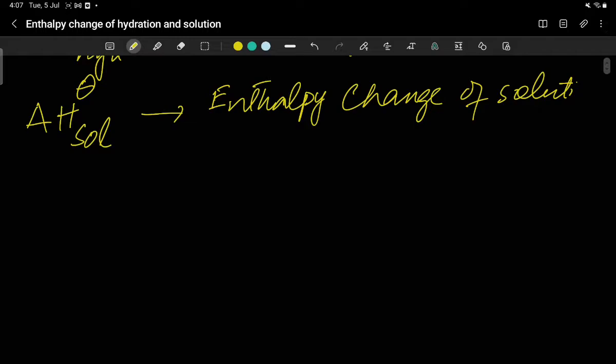Ionic solid is dissociated in water, and this process may be exothermic or endothermic. And enthalpy change of hydration of an ionic solid is involved when an ionic solid dissolves in excess of water. And enthalpy change of hydration can be defined